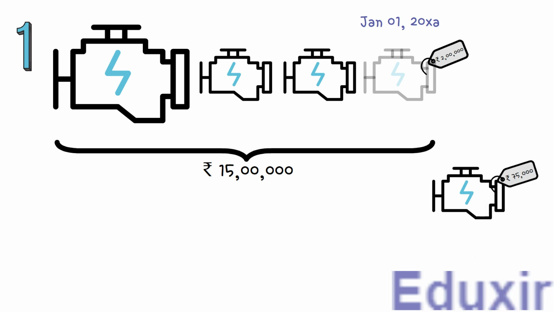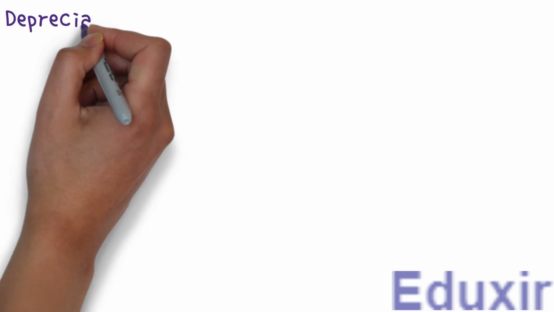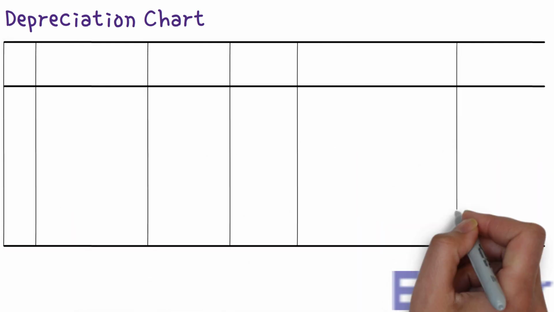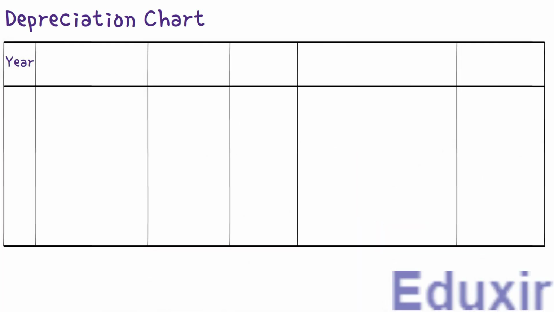Note here that the business did not sell all the machines. It is selling only one of those machines. As we have discussed in the previous problems, just before selling these machines, we have to calculate the depreciation on this machine and post it in the accounts. So let's proceed with the calculation of depreciation in the depreciation chart. Let us first write the title as depreciation chart. Let us then write the headers year, machine,